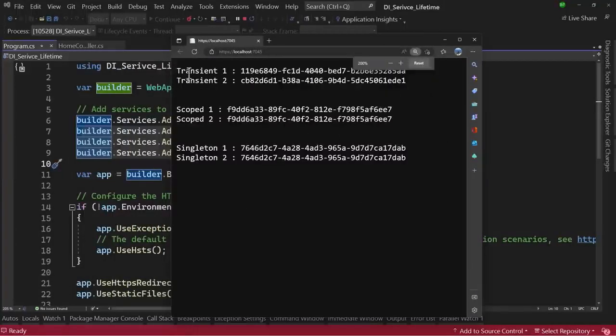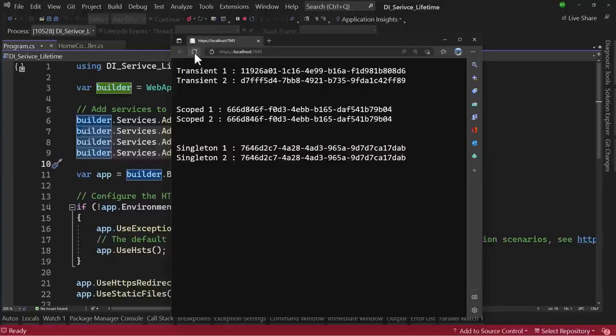You can see when we are working with the transient request here, the grids are different. But when we have scoped or singleton, they are the same. As we know, singleton stays the same for the life cycle of the application. So even when we refresh the application, scoped and transient will be different, but singleton will always stay the same. You can see when I am refreshing here, transient is getting updated along with scoped, but singleton always stays the